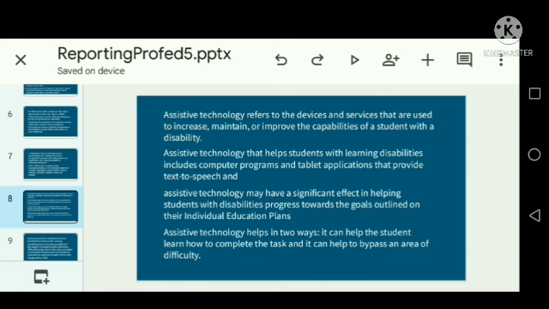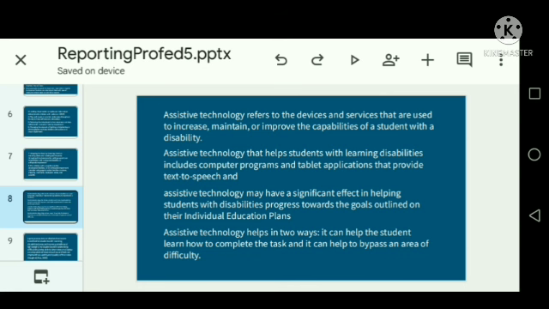Okay? And assistive technology that helps students with learning disabilities include computer, mo ta akong gingon ganina, programs and tablets, application that provide text to speech, okay? Kanang bang mga apps karon nga pwede nga tuplokon lang sa bata, then mutingog dayon ang ngalan and then ang spelling. So inana, these are the example of assistive technology. Kung wala kay, of course, wala yung mga computer, so you can use cell phones or any apps nga makatabang sa bata nga makatuon. Okay?